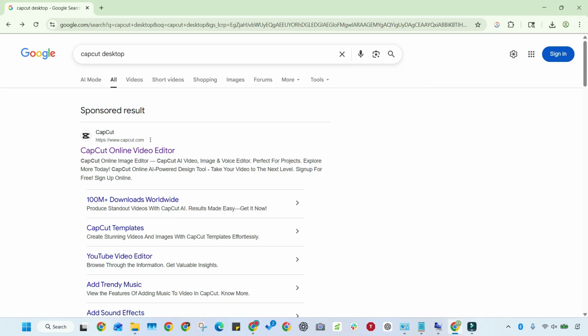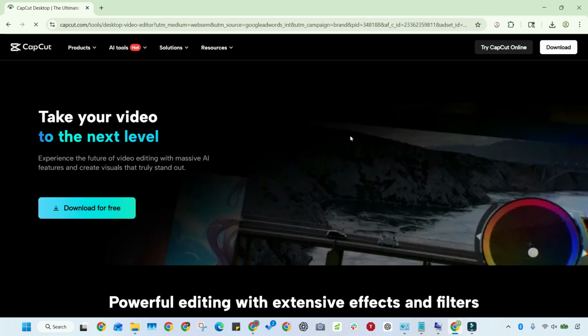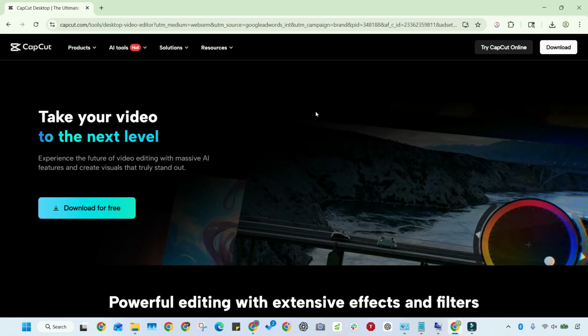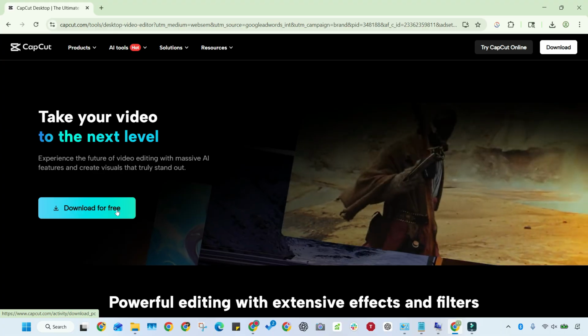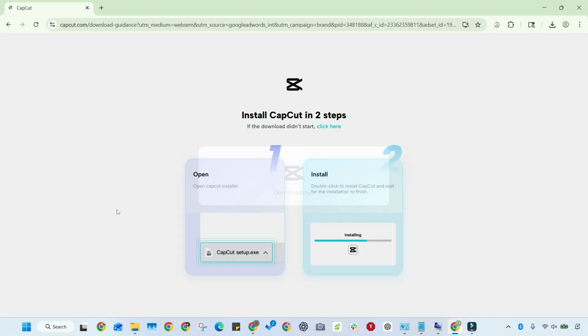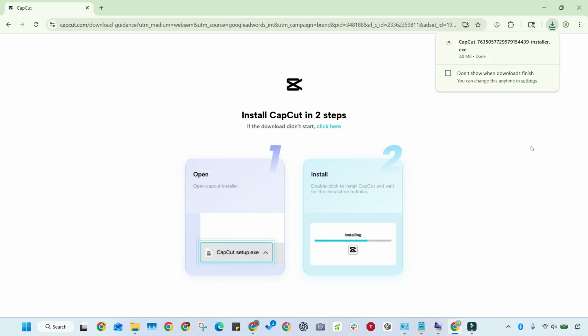So I went to Google and wrote CapCut desktop, but you can just come here. I'm going to put the link in the description below and click download for free. Let's click here. Once you click it, it's going to start downloading. It just downloaded, so we're just going to open it now